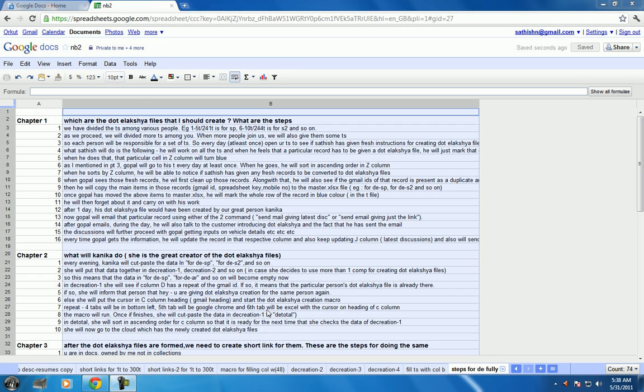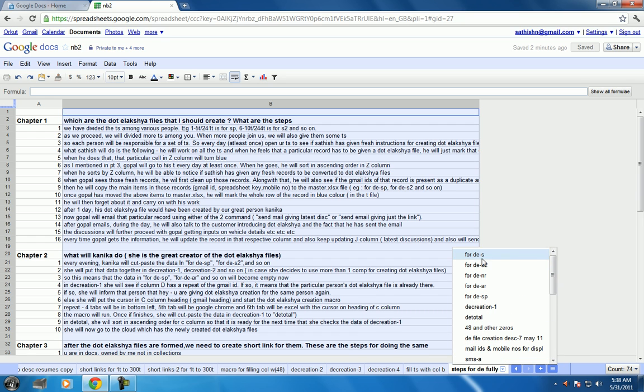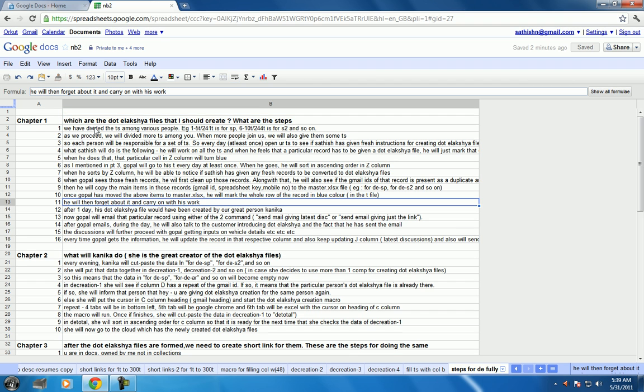So I've just opened the NB2 file for you, which is what I would want you guys to use on the cloud. And I will take you through the various steps. Before that, I said that with this equal to sign, you can go through all the sheets. The first 4 or 5 sheets are the most important ones, where you need to put in various details and data.